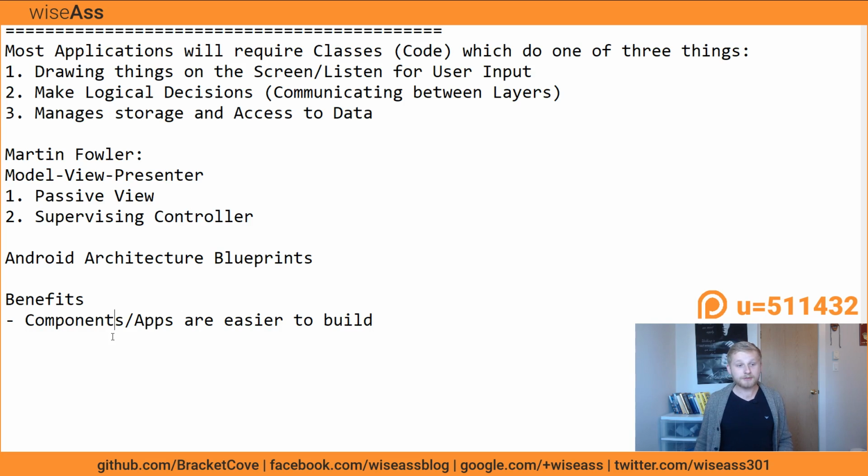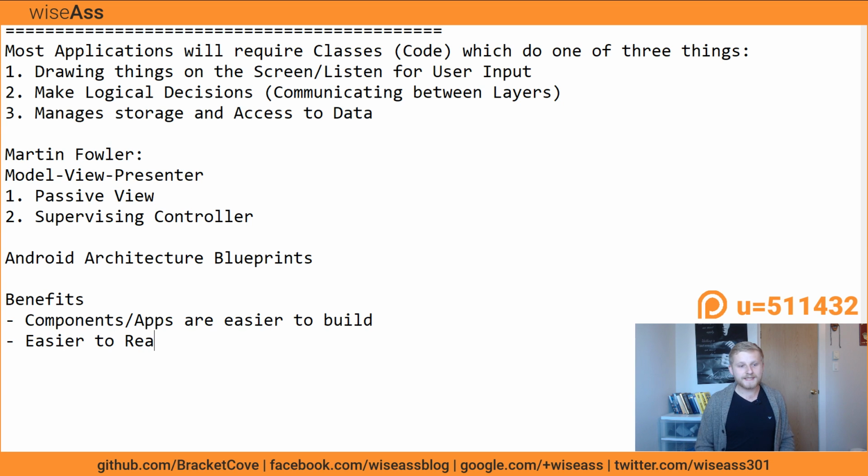Maybe you'll find the odd architecture where that makes sense, but I guarantee it's either made by a crazy person or it's a tiny apartment. Anyways, rambling. Components and apps are easier to build just because you're pulling things out and making them less complex in isolation. What were my other notes here? Components, yeah, easier to build.